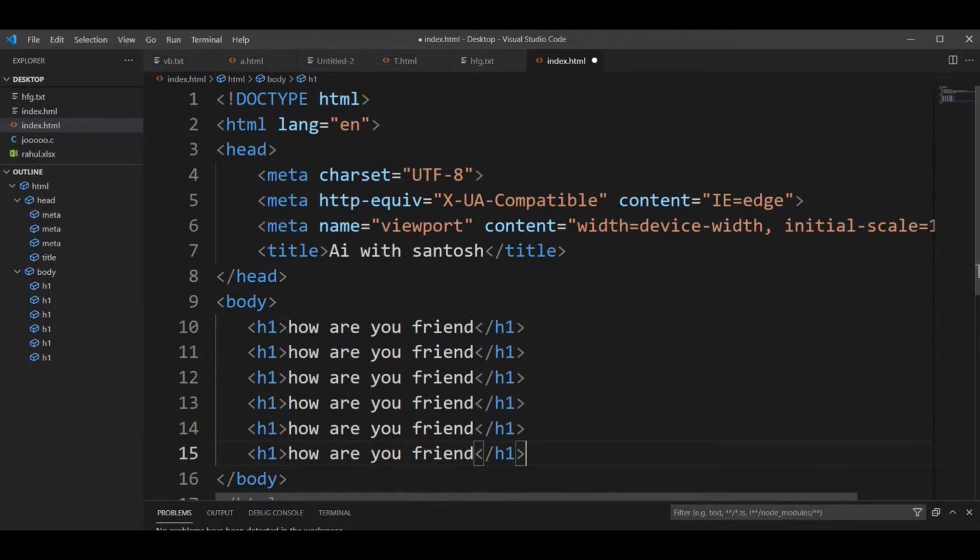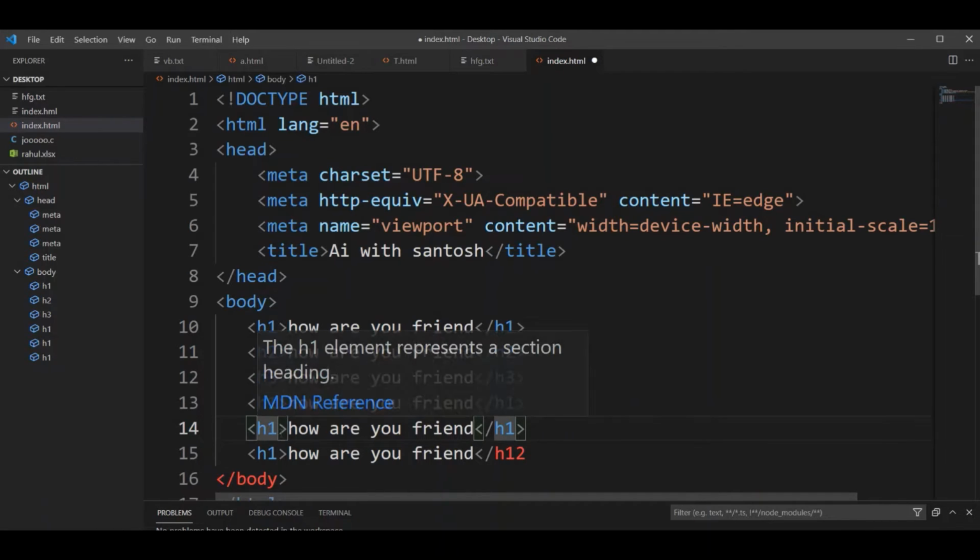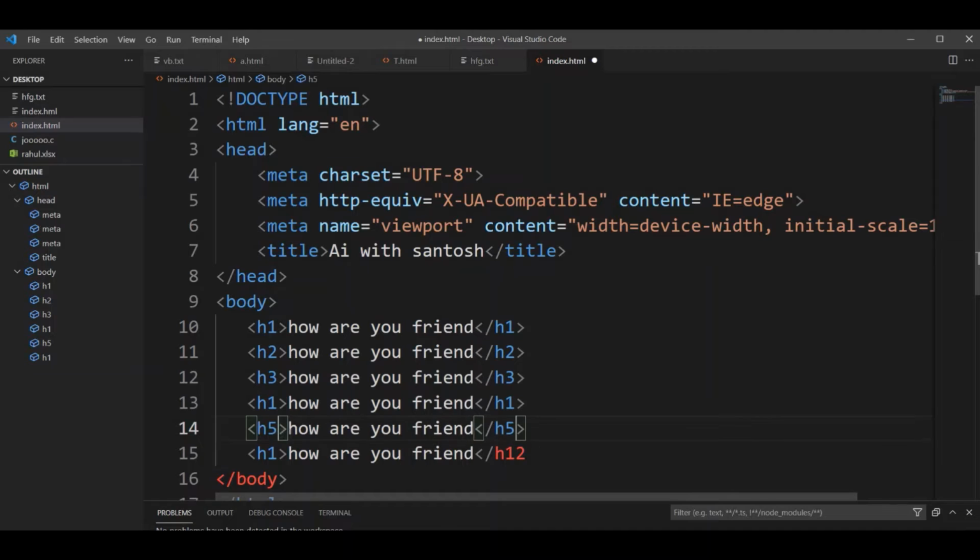And now we will change the numeric value of the heading. Friends, this is the h2 tag, and something like this we will change step by step. Friends, this is the h3 tag, and now we will change this to the h5 tag.